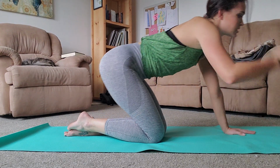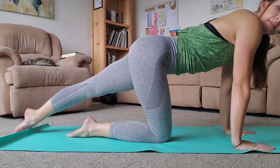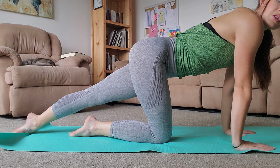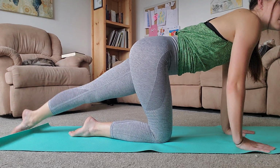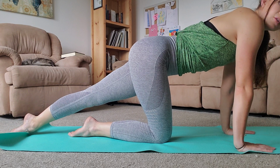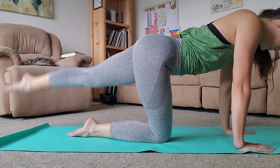Very good. Now we're going to switch to the other side. That's the only change that we're making. Other leg straightens out, point at the toe. It's important that you point at the toe because that triggers specific muscles that I'm trying to work here. So locked knee, pointed toe. 25. Here we go. 1, 2, 3,